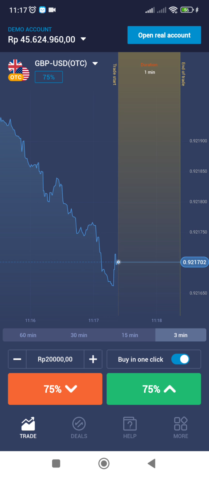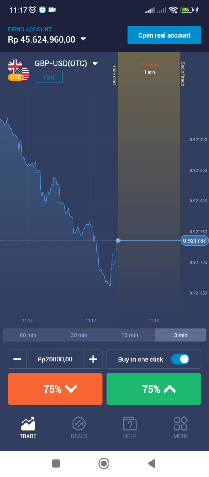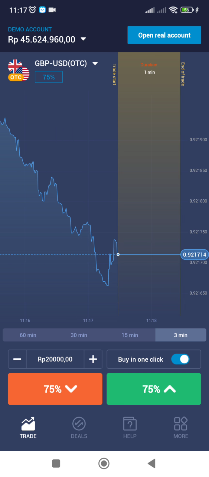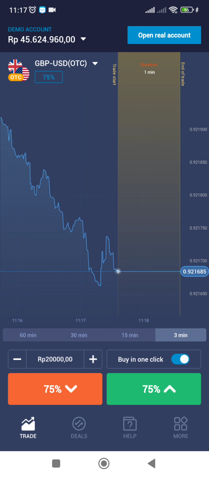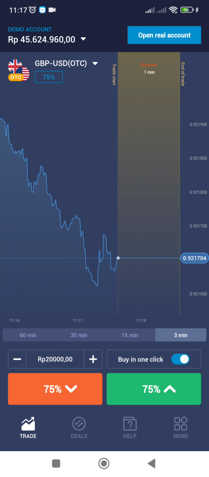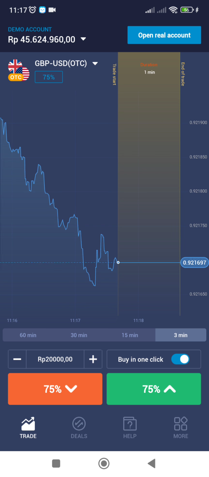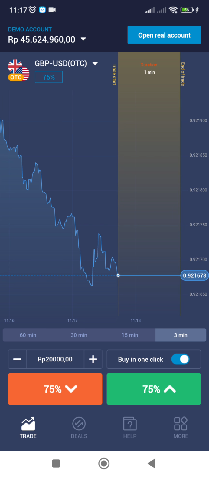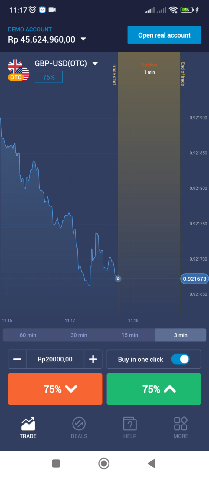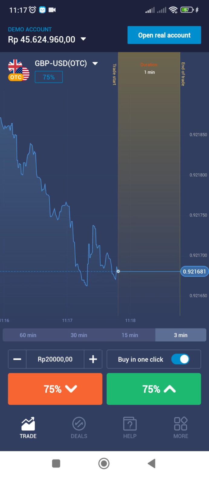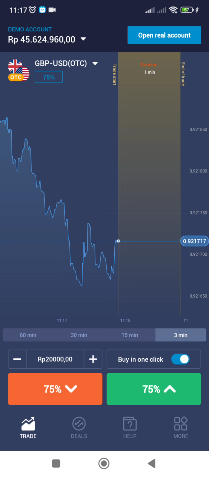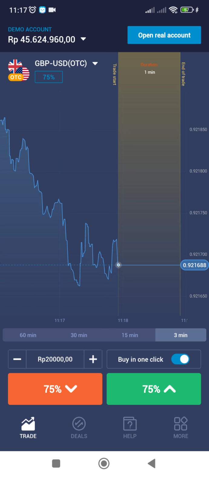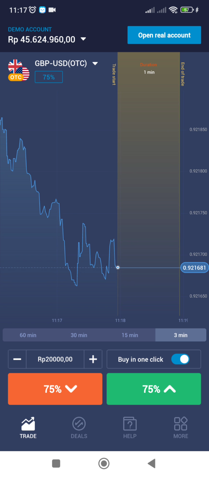I find that candlestick patterns are very useful for this purpose. You can use reversal candlestick patterns like shooting star, hammer, bullish engulfing, bearish engulfing. If you don't understand, I'm just going to run you through quickly how to read a candlestick. As you can see, there are two types of candles. It's green and red. If the candle is green, the price opens lower and the price closes